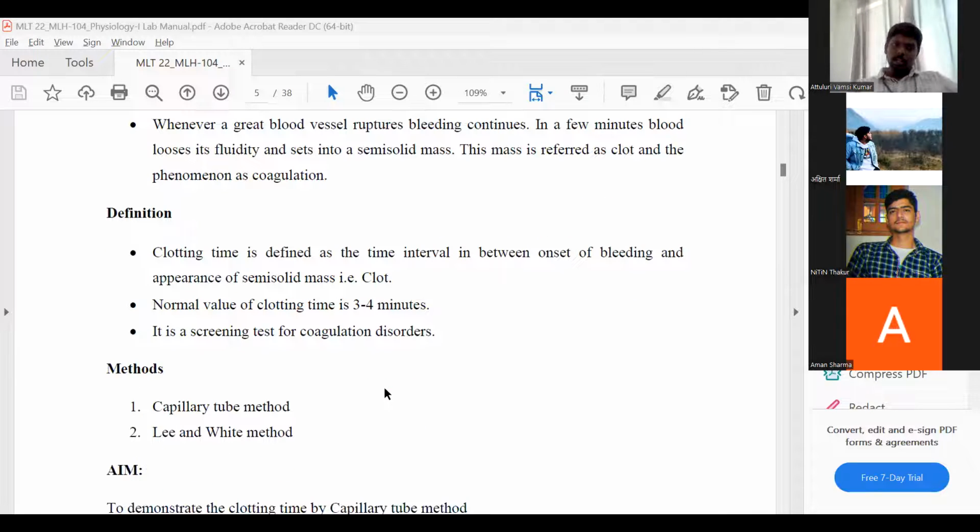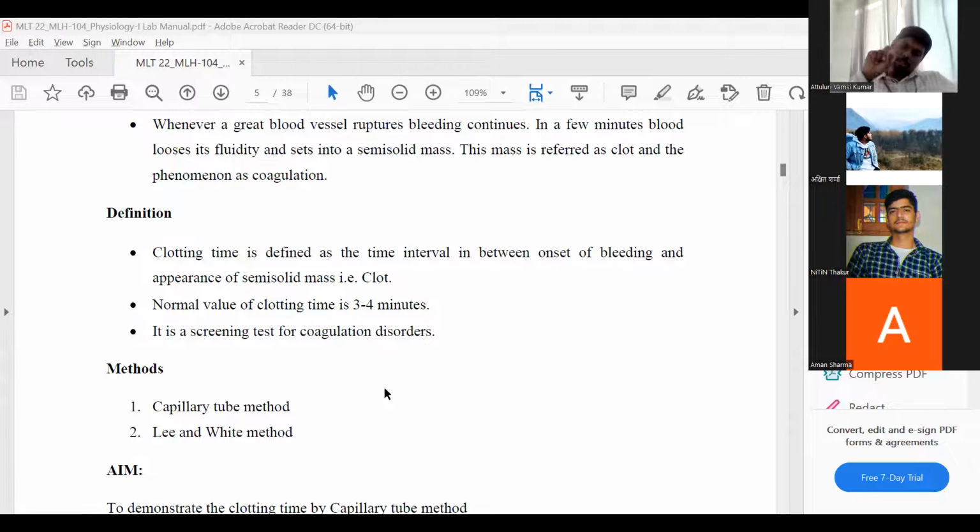Then, for the method, we have two types of method, students. One is the capillary tube method. As I stated, it is a small glass tube. We will collect blood in it and we will keep breaking it until we see a fibrin thread. And the second method is the Lee and White method. The Lee and White method is very simple. We will take